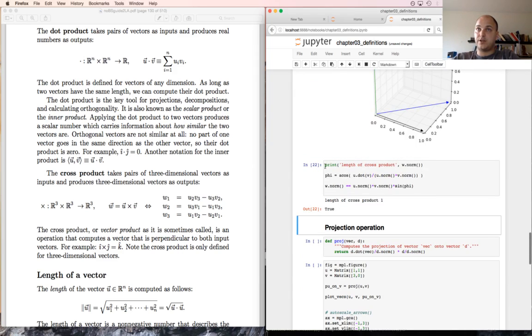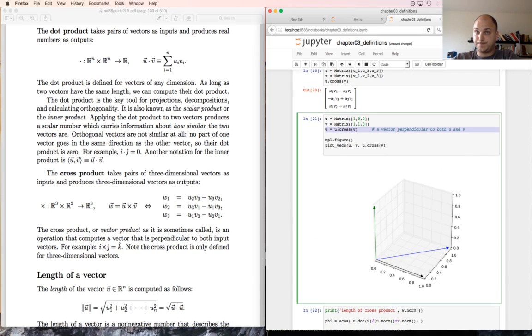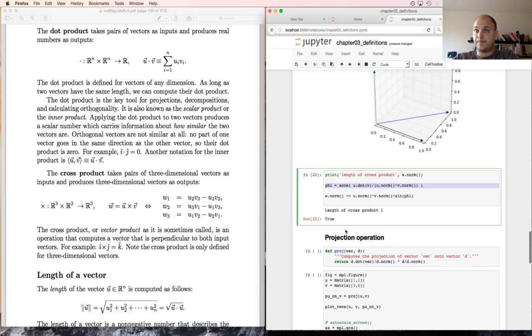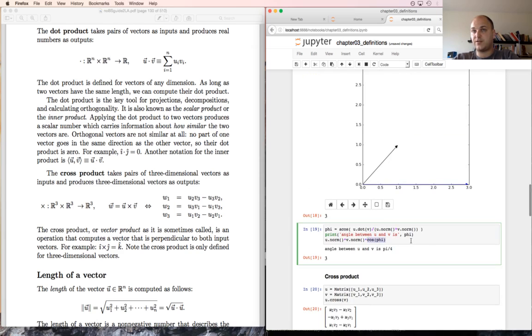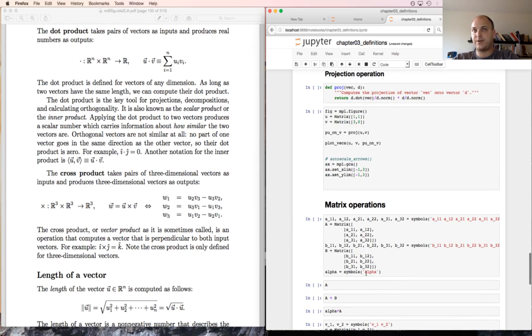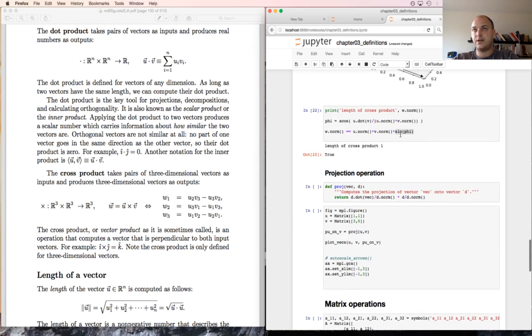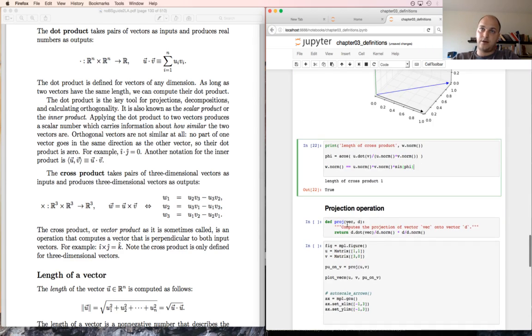The cross product is a vector, but the length of the cross product can be obtained again in terms of the length of the individual vectors and the sine of the angle. That's interesting. The dot product was the cosine of the angle. The length of the cross product is with the sine. So yeah,